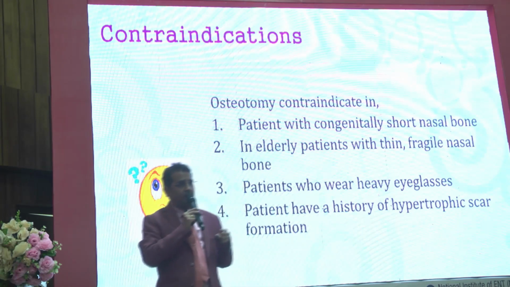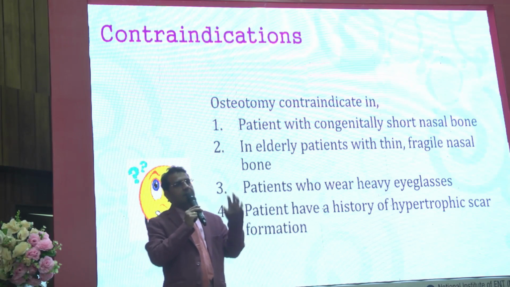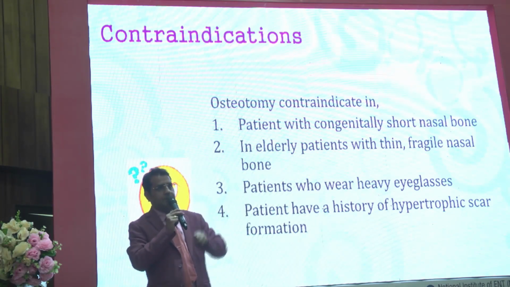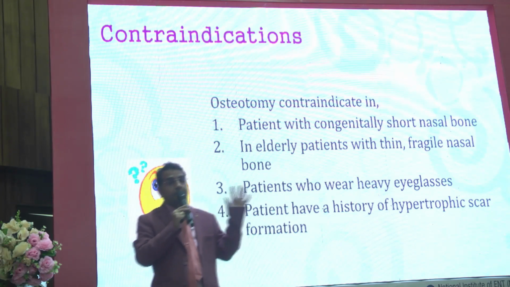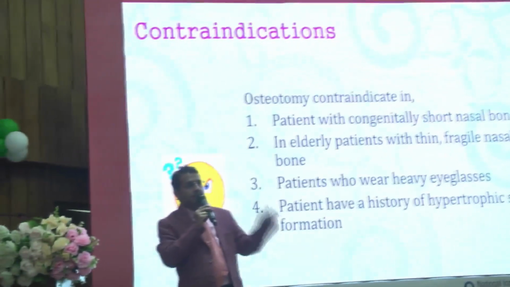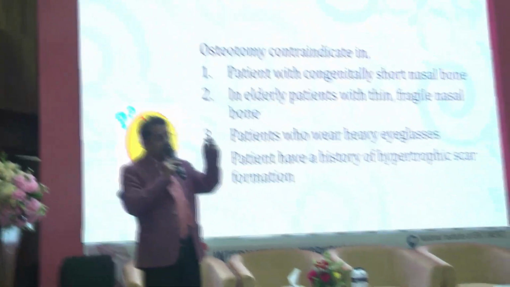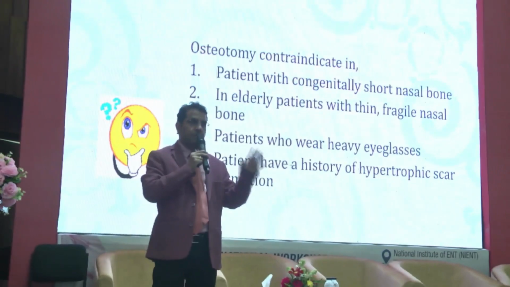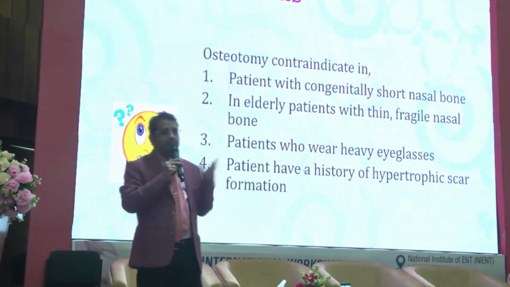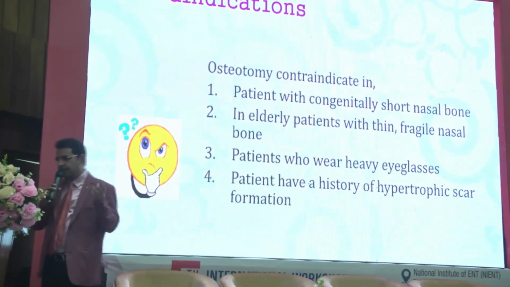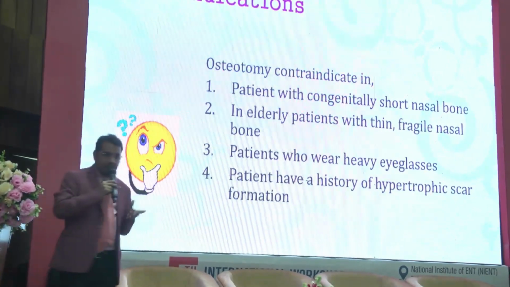Sometimes what happens is the upper lateral cartilage loses its support and there is an inferomedial collapse, and eventually the patient develops an inverted V deformity. So in binder syndrome cases and very short nose cases, whenever you attempt an osteotomy, do it very judiciously. Another contraindication is when the patient wears heavy glasses,